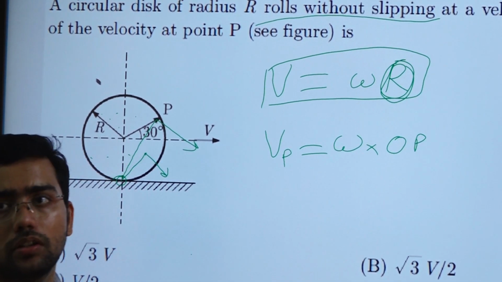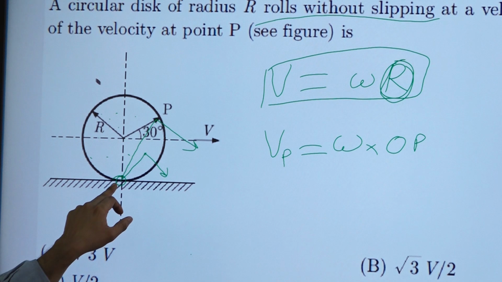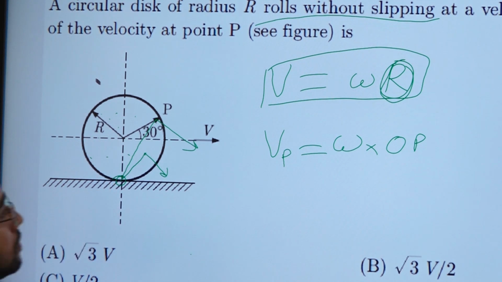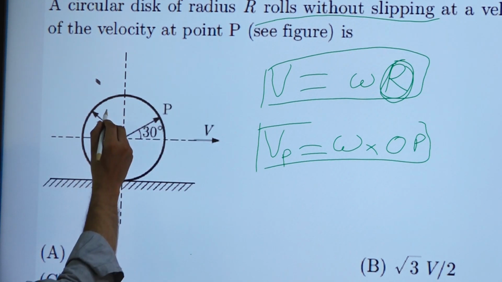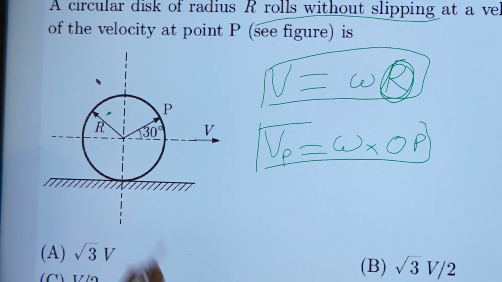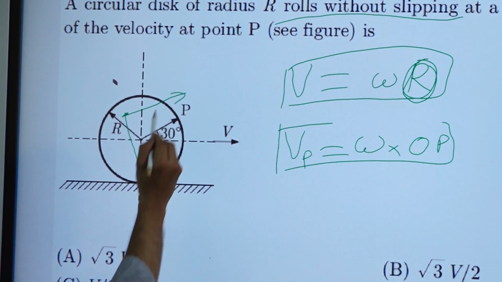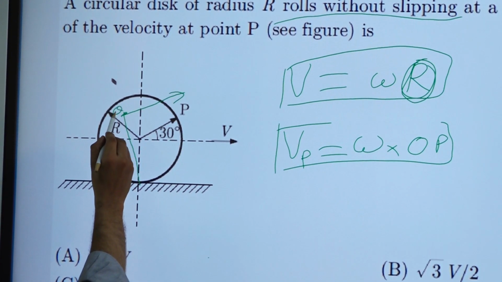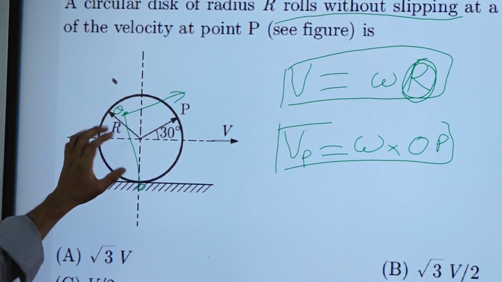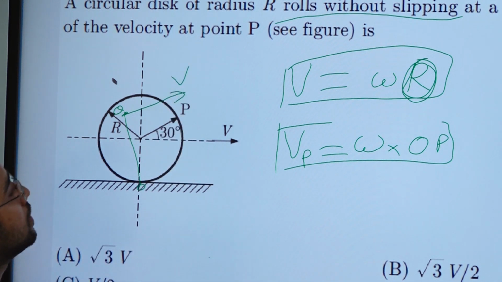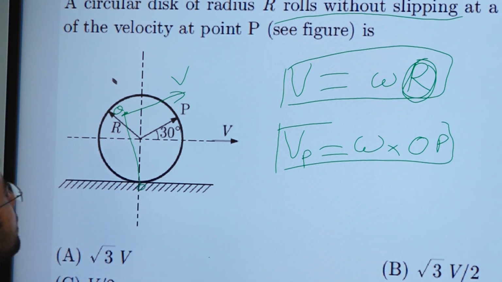Now this r is not the radius of the roller, it is actually the distance of the point from the touching point, from the instantaneous center. So now we can use this formula. Suppose they are asking the velocity of another point here, then first you connect this point with the instantaneous center, then you make a perpendicular here, find this distance, and multiply this distance with omega, then you can find out the velocity. That will be the proper way in which we will solve this problem, right?